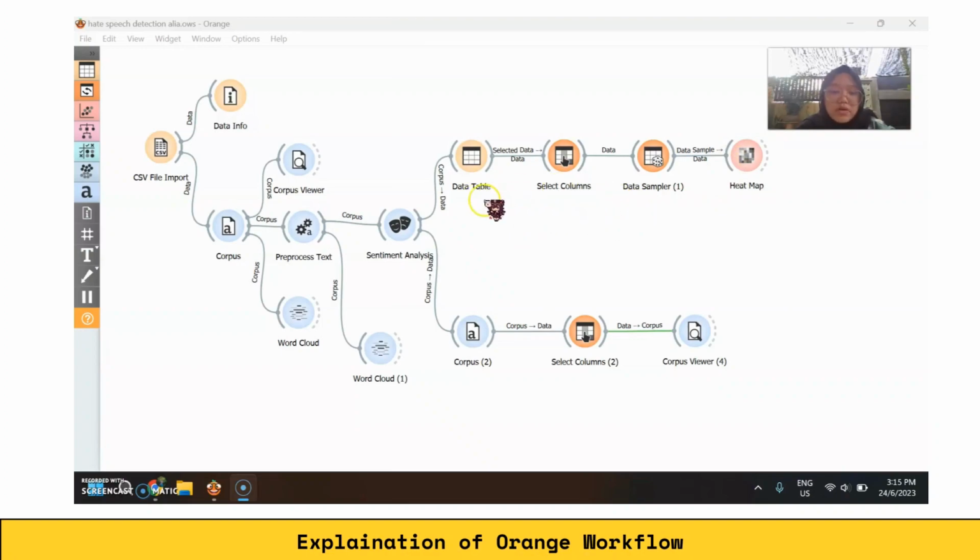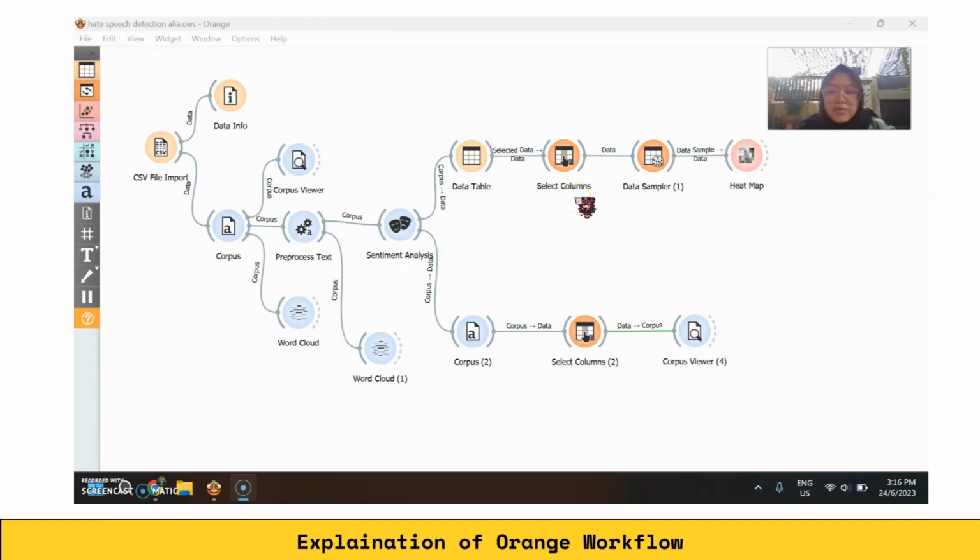three nodes before. Firstly, we connect into the data table. Data table displays attribute value data in a spreadsheet. For this project, we have three attributes, which are hate speech, offensive language, and neither. And then we connect into the select column. Select column is a manual selection of data attributes and composition of the data domain.